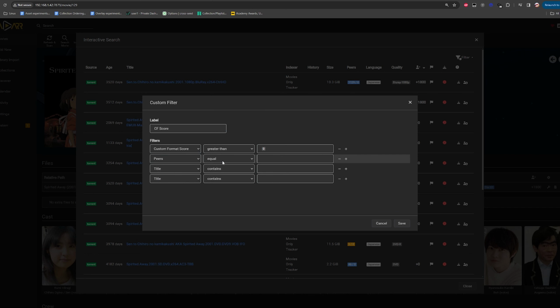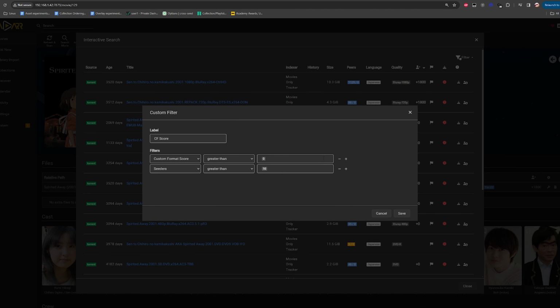So, oh, I want it to show only something with seeders that is greater than 10, for example, and I want the size to be less than or equal to 18 for this movie. Just an example of all the little nooks and things that you can set.